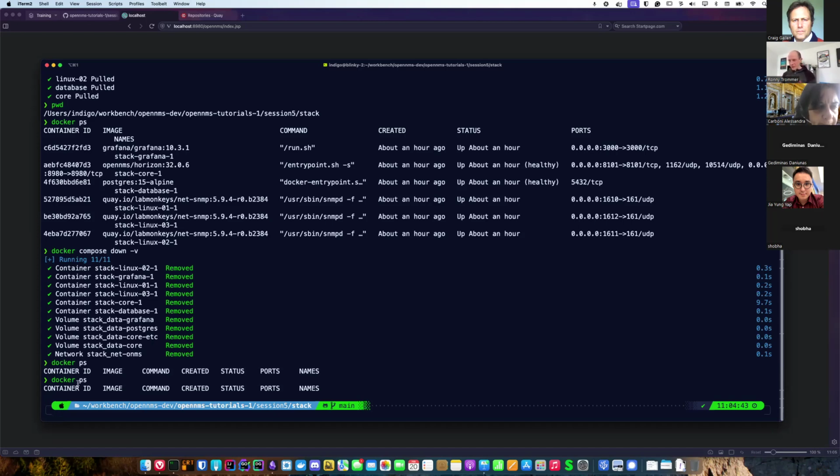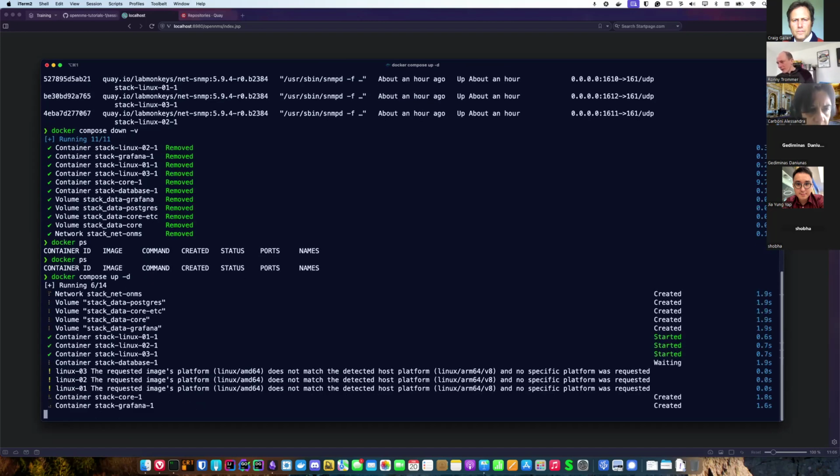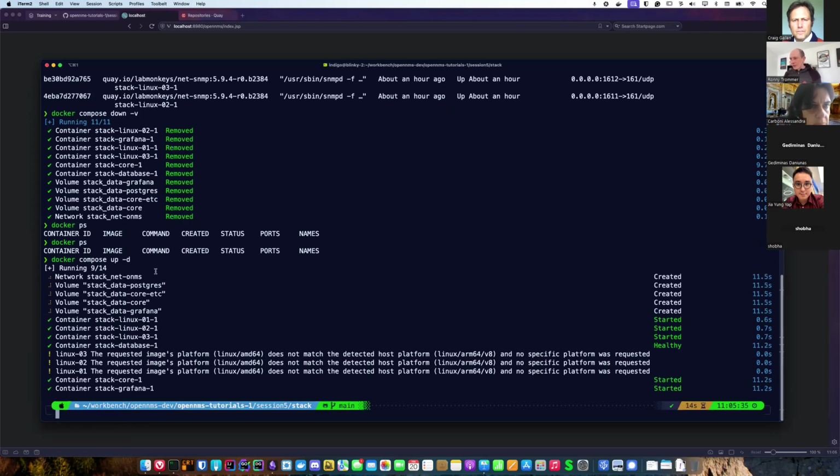So docker ps, nothing is running. We run docker compose up in the background, and everything gets started. It's explained a bit in the README as well. We have the Postgres database.